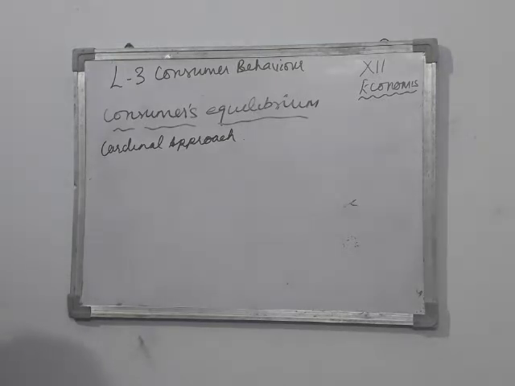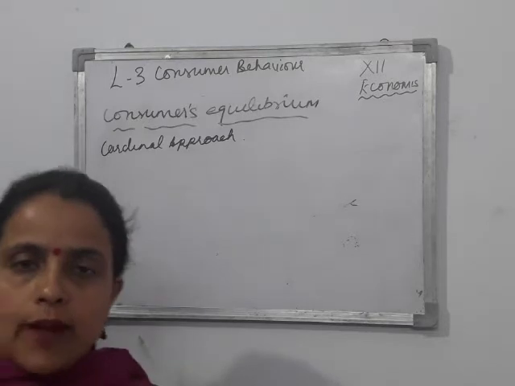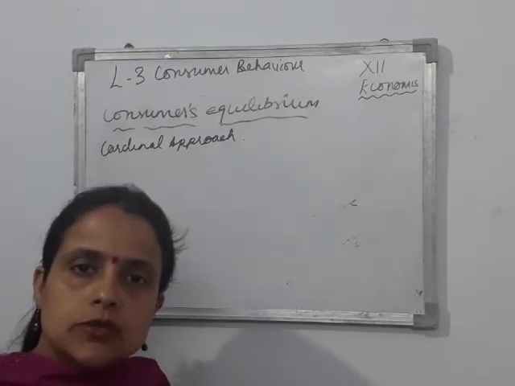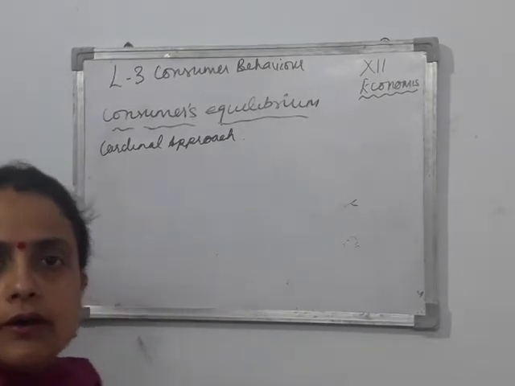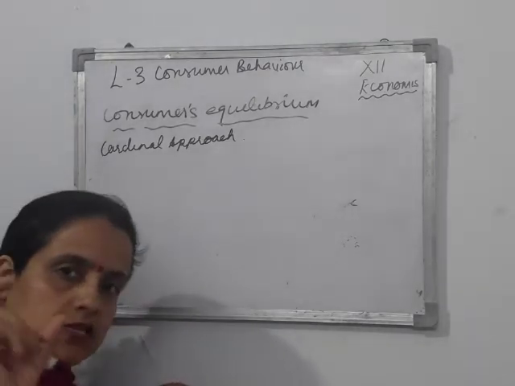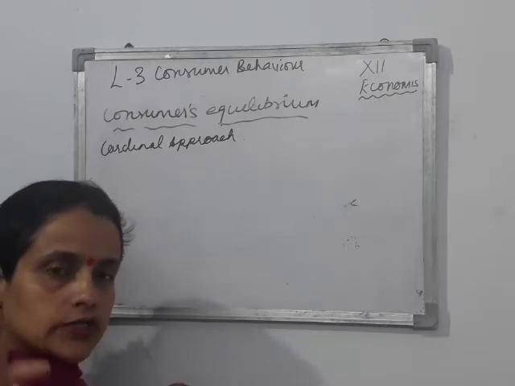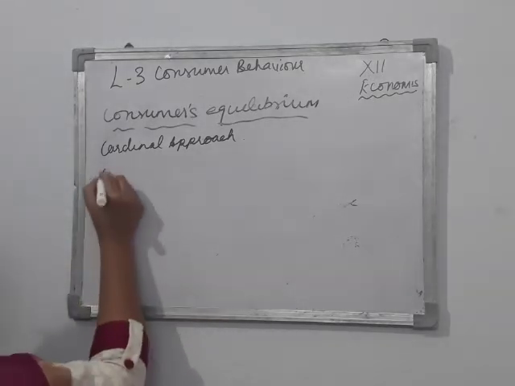So I told you, you know, now what is consumer equilibrium. Consumer equilibrium is a state of maximum satisfaction while the consumer spends his entire income on purchases of different types of goods and services. जब consumer अपने आपको maximum satisfaction के पॉइंट पे पहुंच जाता है या पाता है, तो वही जगह क्या होती है? consumer equilibrium की होती है. ठीक है, तो conditions of consumer equilibrium,